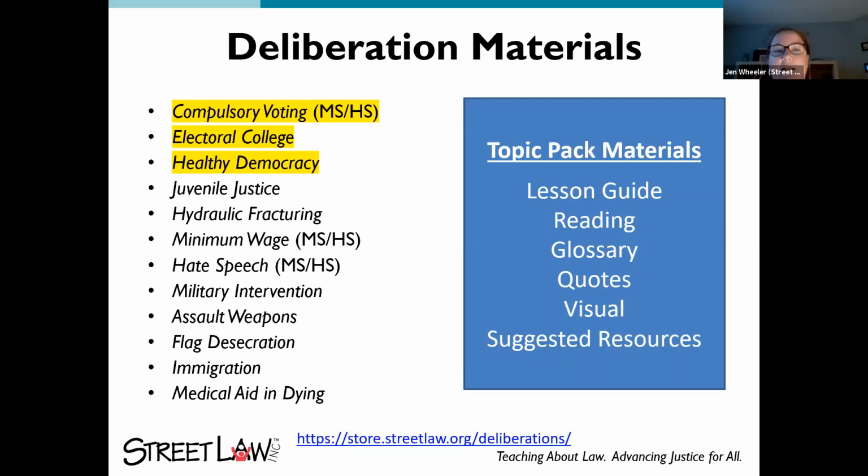But the 3 that are highlighted are probably best suited for election season in the more general sense. One is, should voting be compulsory?